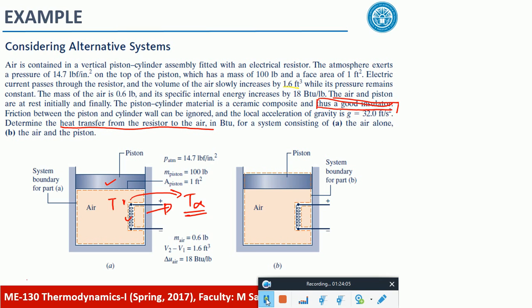So how can we find potential energy in that case? In case B, you tell me, how do you describe potential energy? Change in height times mg. And what is the change in height? Obviously that change in height is due to the change in volume. So if you have the area, you can at least find the change in height. And in order to find the work, we have to integrate pressure with respect to volume.